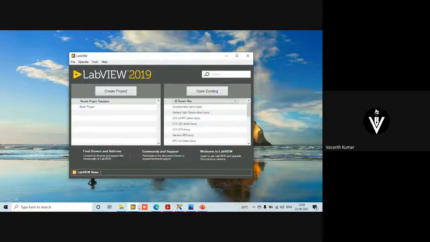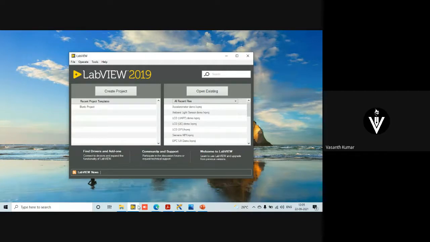So in continuation to yesterday's topic, we are also going to see the other sensors: what are the other different types of protocol-based sensors which we can access through this embedded kit, the MyRio, and also, further to yesterday's topic, how we were acquiring the data. Even the day before yesterday, I was showing the basics of LabVIEW.